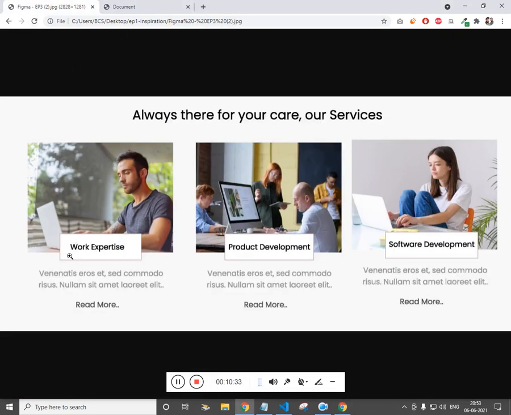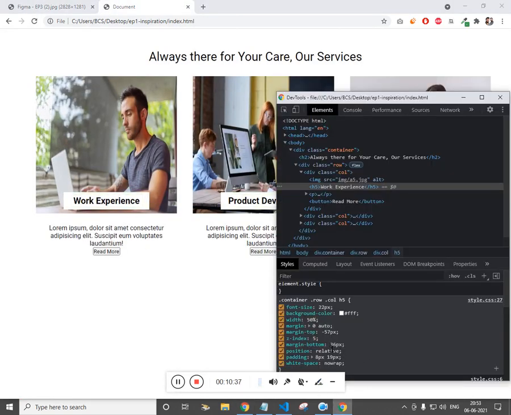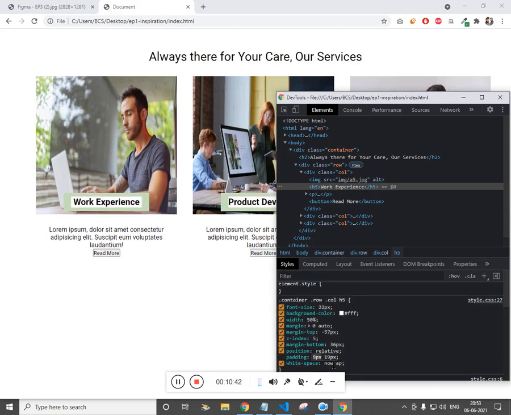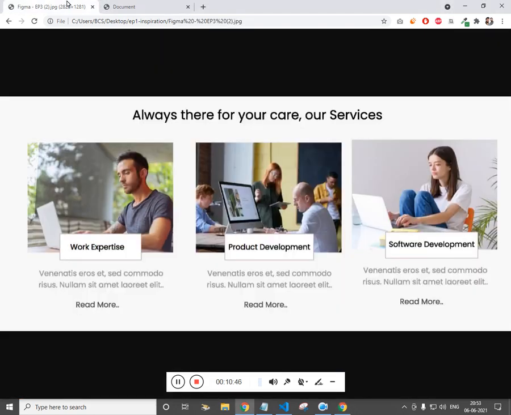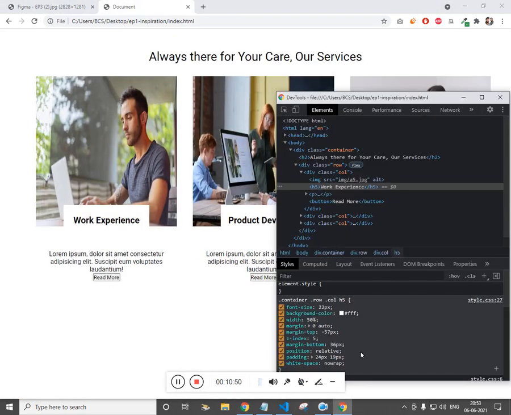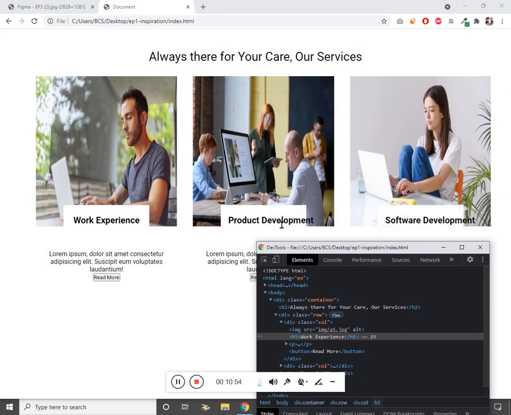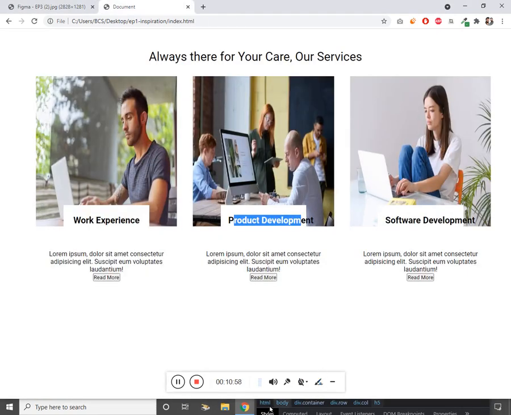You can see it is like touching both the sides. So what we need to do is increase the top and bottom padding, and we need to add something like a border. We have used width, that's the reason it is coming out.